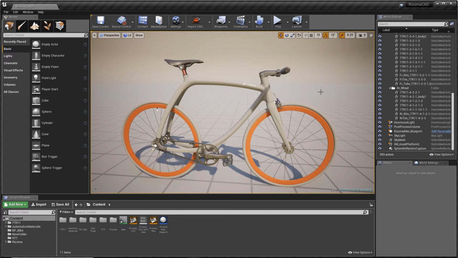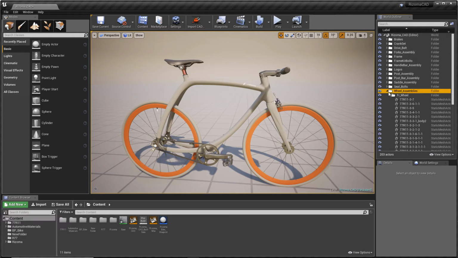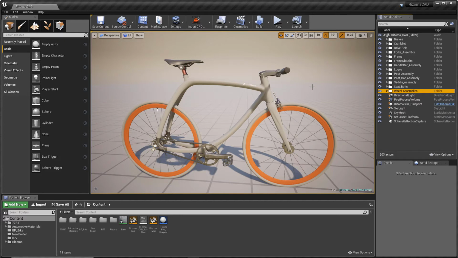And this is exactly what I've done here. I'm working with data that I've brought over from another CAD package, and I have it nicely organized here. You can see that hierarchies are maintained and respected, and I can bring them right in here. Now, just to be transparent here, I do already have a couple little materials on here just for the sake of time. Also for the sake of time, importing the CAD data is a lot quicker using Datasmith than any